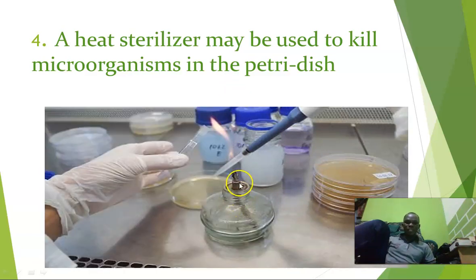So you can see now this is the Bunsen burner, this is the heat sterilizer, and you are passing it around your petri dish so that no foreign body will contaminate what you are doing. Even you as a person, you make sure you put on your gloves, you wear your nose mask, and you do not allow